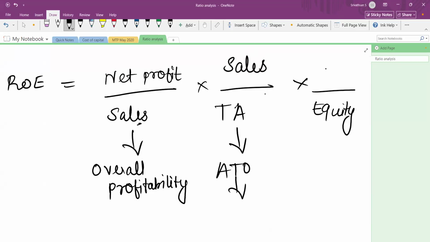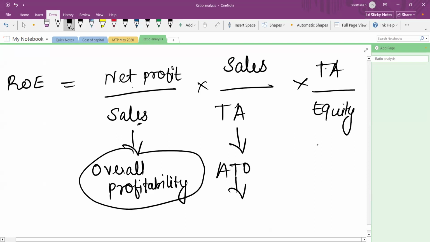Now this numerator should be multiplied with total asset, so that sales gets cancelled out and total asset gets cancelled out. Net profit by equity. Right? But why are we doing this? Because the DuPont model says that a company which has higher overall profitability and which is making effective use of its total asset for generating sales